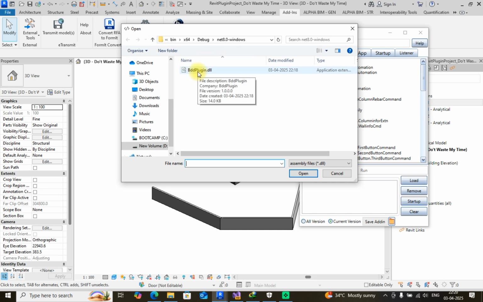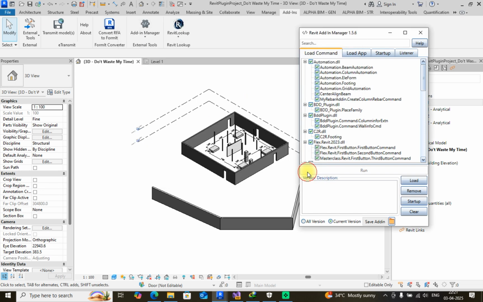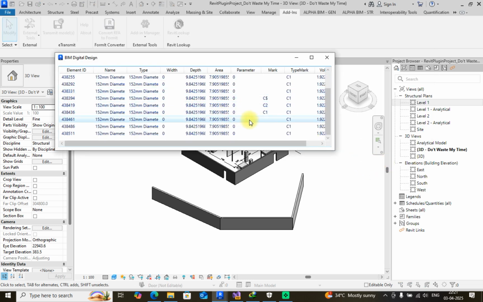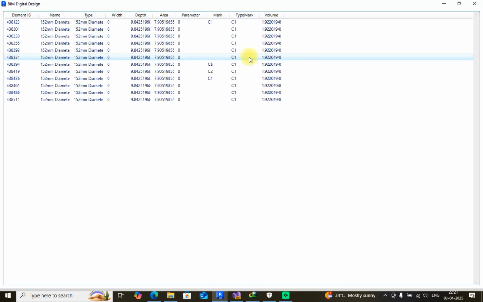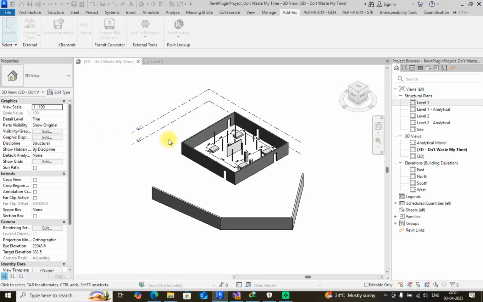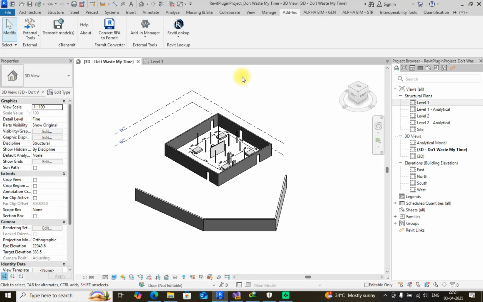BDD is Beam Digital Design. So I will just load, and this is Beam Digital Design BDD. So this is the related column information. So I will run, and we'll get all the respective parameters, the parameters that we have over here. So for this video,